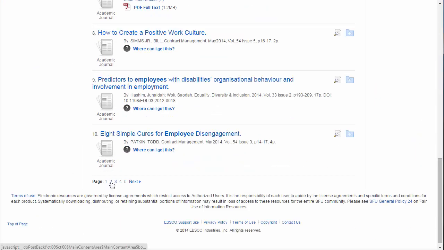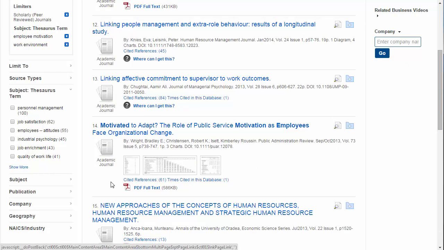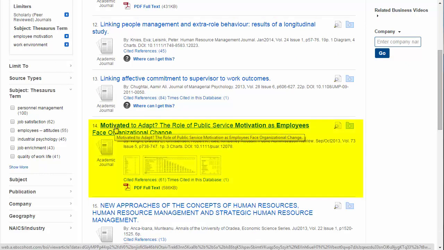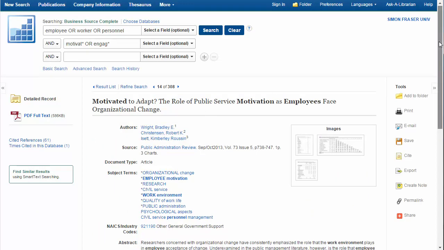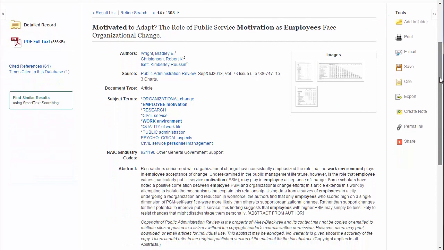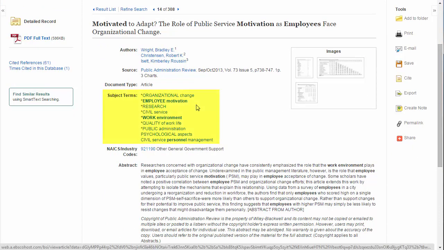If you scan the first 10 to 20 hits on your results list, there's usually 1 or 2 that come close to what you need. The title of this article looks promising, so I'm going to click it to bring up the citation and abstract. From this page, there's a ton of clues here that you can use to cycle and focus your search results even more. Take a look at the subjects assigned to the specific article that may be particularly relevant. You may spot other terms that you could add into your search.